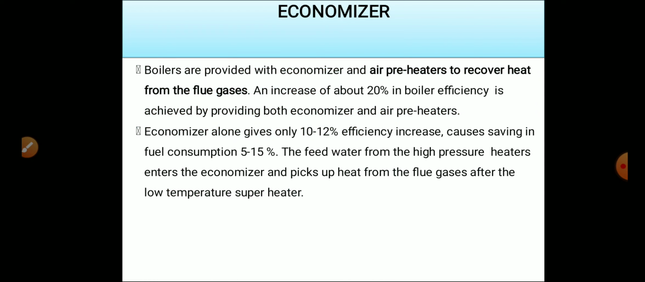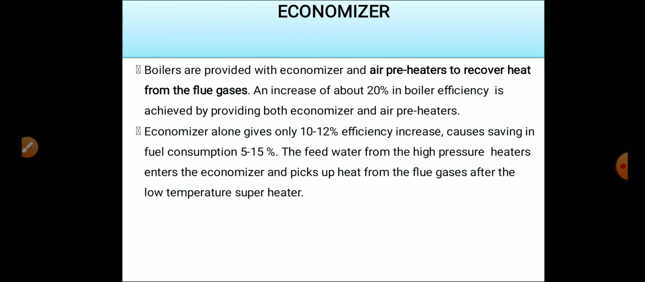Now let us come to economizer. Boilers are provided with economizer and air preheaters to recover heat from the flue gases. An increase of about 20% in boiler efficiency is achieved by providing both economizer and air preheaters. Economizers alone give only a 10 to 12% efficiency increase, and cause a saving in fuel consumption of 5 to 15%, which is